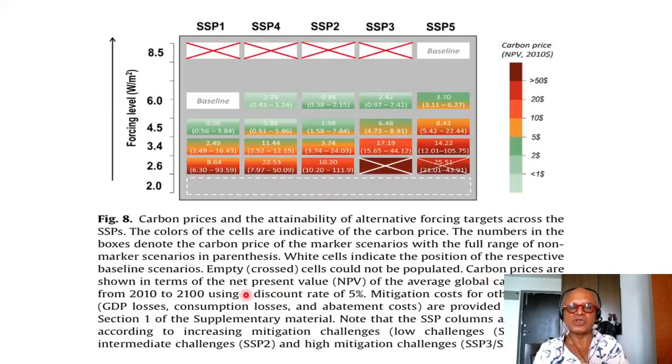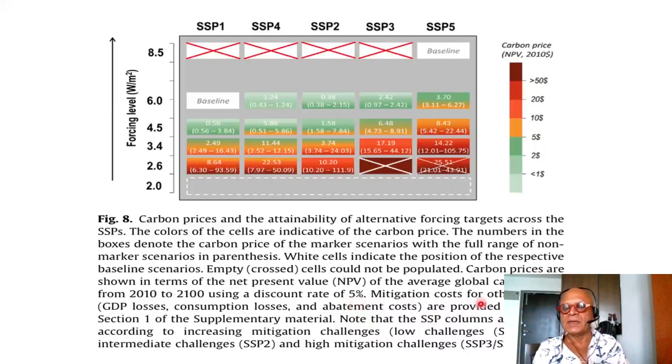Carbon prices are shown in terms of the net present value of the average carbon price from 2010 to 2100 using a discount rate of 5%. Discount rate is basically how fast you think a dollar today will fall in value going into the future, or how much you have to invest now to reach a certain dollar value of benefit in the future. So this is a huge complication in terms of going from 3% discount rate to 5% or 10%. Higher the discount rate, less the value of your investment in the future, so more the excuse to avoid it,